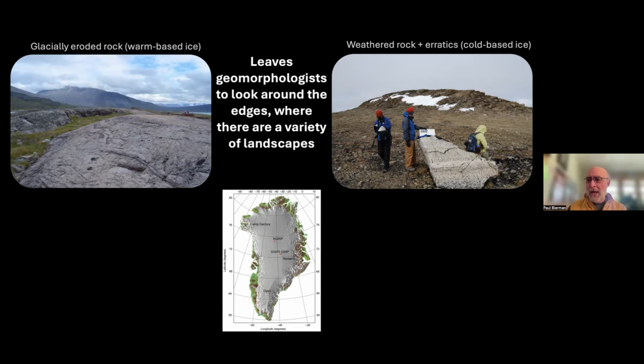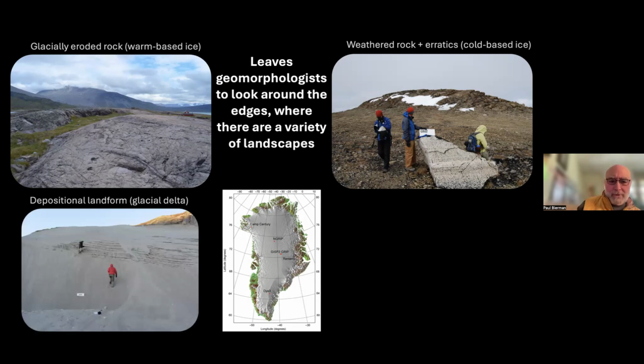And then you date the erratics and you find out that many of the erratics are actually LGM in age, whereas the rock beneath can give effective ages of hundreds of thousands of years. And that implies a non-erosive regime for the ice. There are plenty of depositional landforms surrounding the islands out at the edge, glacial deltas, for